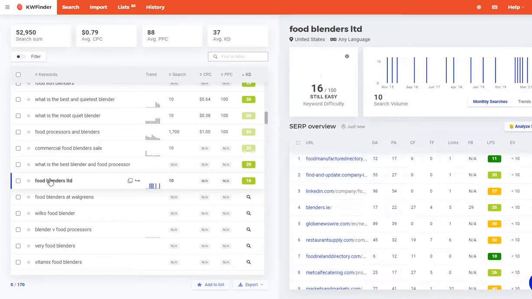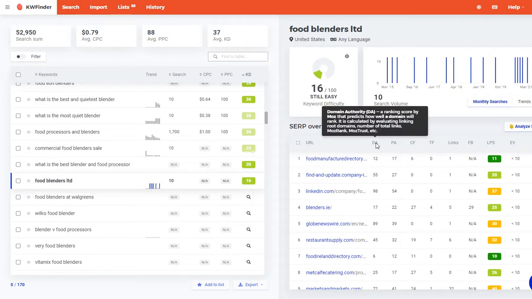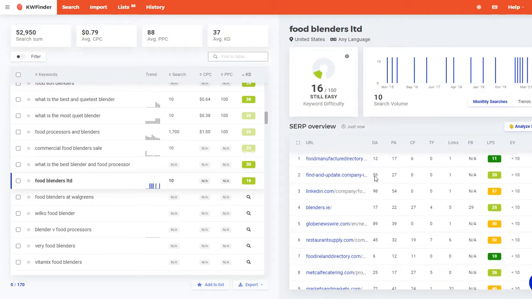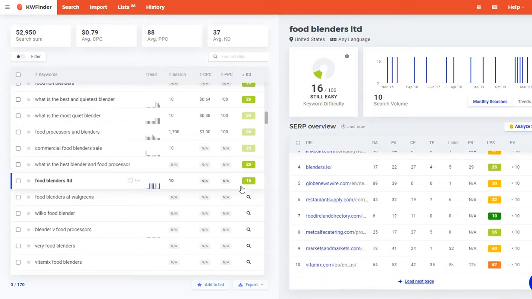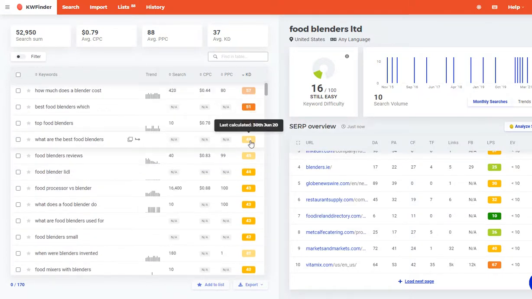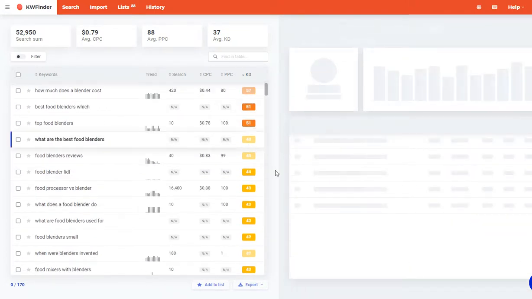You can see here that when you go onto this one, it says it's a competition score 16. So when you look here, it will tell you the domain authority of each of these sites, and you can see, look, there's one here that's only a 6, there's one here that's a 12, but yes, there are a few that are higher than that, but that's why it's at 16. And if I go to one which is highly competitive like this one, it says 48. It's going to update now,